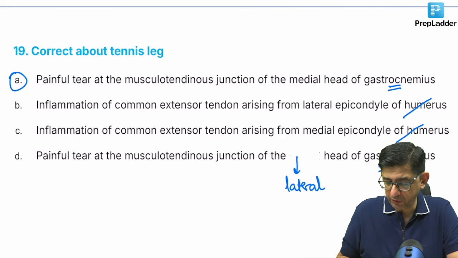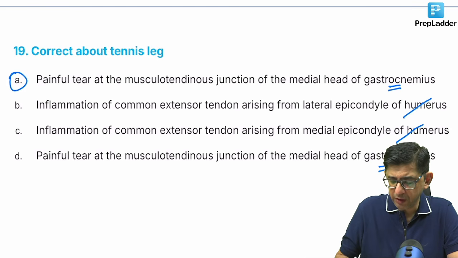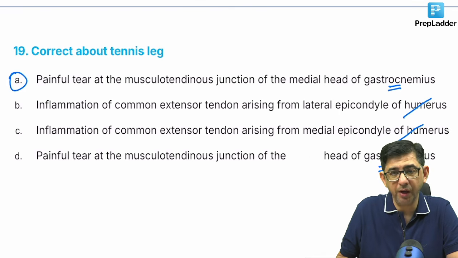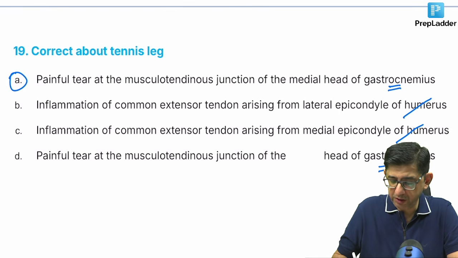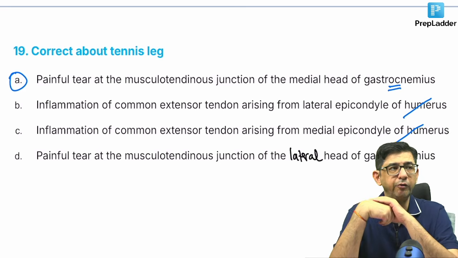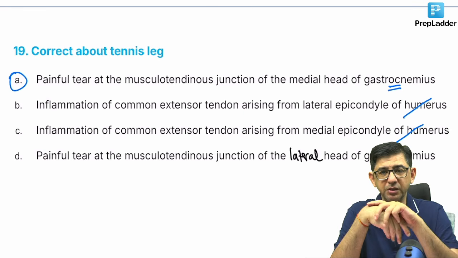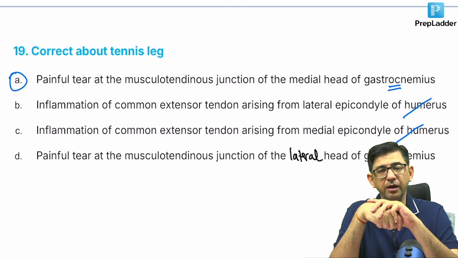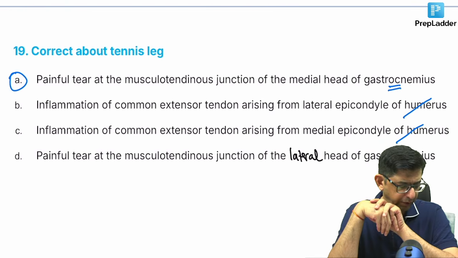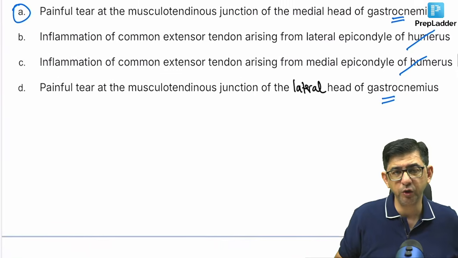This is the gastrocnemius. This muscle is involved with the task of jumping only. The other one, the peripheral heart, is the soleus. Both gastrocnemius and soleus are present together. So I just want to bring to your attention that the muscle that is involved in walking is the soleus muscle, and the muscle that helps you jump up is the gastrocnemius muscle, that is for explosive power. During this jumping, there can be a tear at the musculotendinous junction at the medial end of the gastrocnemius. So the answer to 19th is option number A. Yep, Ajay, you were spot on for this one.